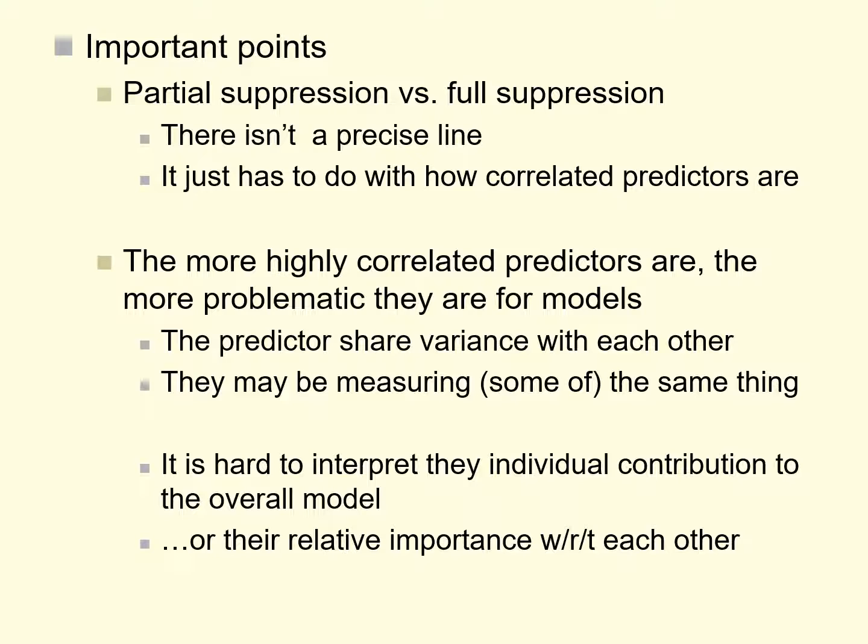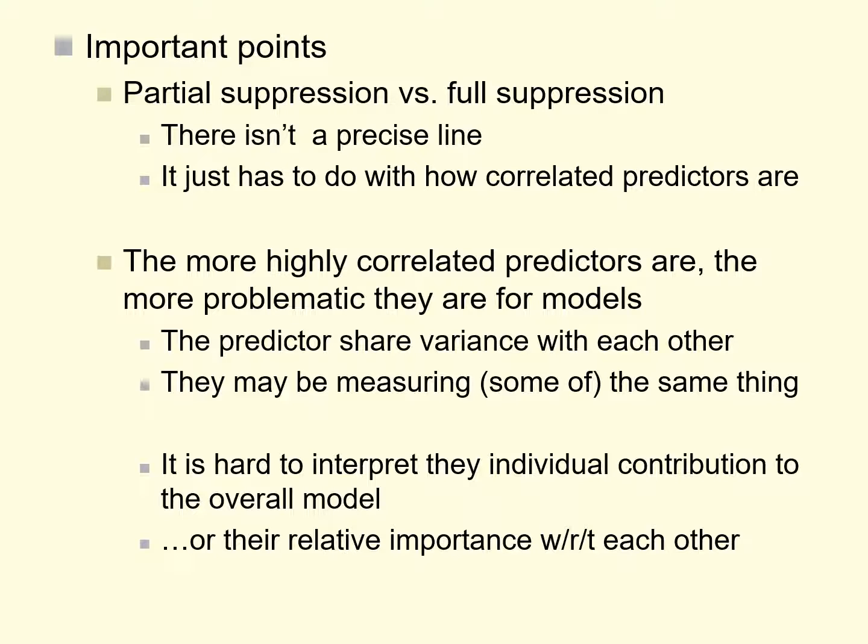So although we may think of anxiety and depression as being distinct, and although we may have separate questionnaires for them and separate columns in our data set, really they're kind of the same thing, or at least they're somewhat the same thing, depending on how highly correlated they are. And to the extent that predictors are highly correlated, it becomes difficult to interpret their individual contribution to the overall